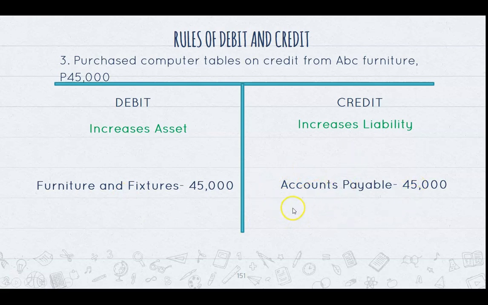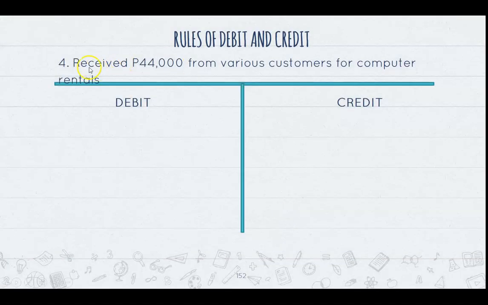So next, let us try transaction number 4. Receive 44,000 from various customers for computer rentals. So, ang business natin is computer rentals, meaning to say we are providing services. So, let us check the effect. Okay, increases asset. Bakit? Naka-receive tayo ng